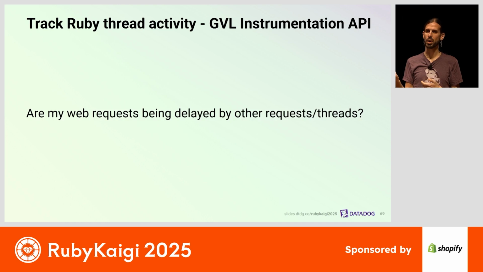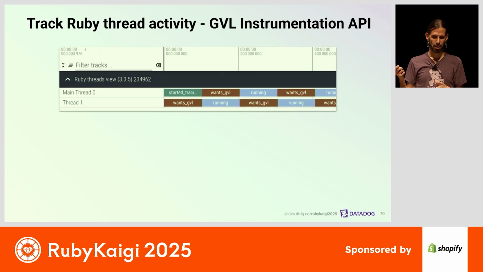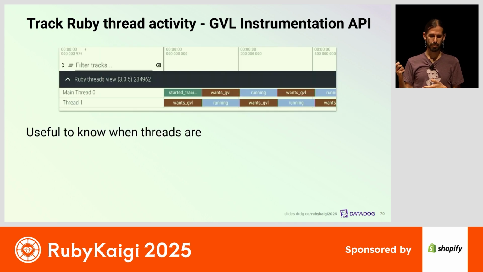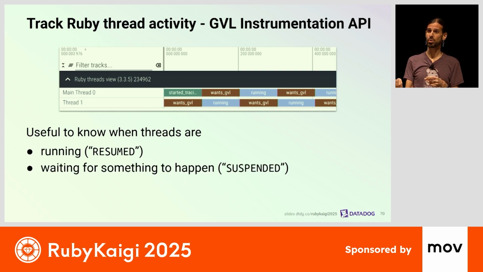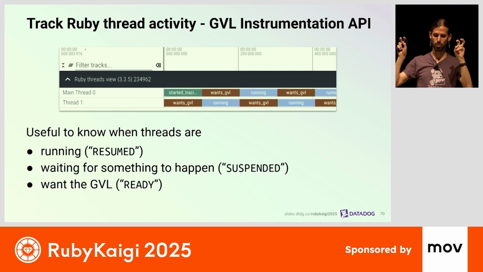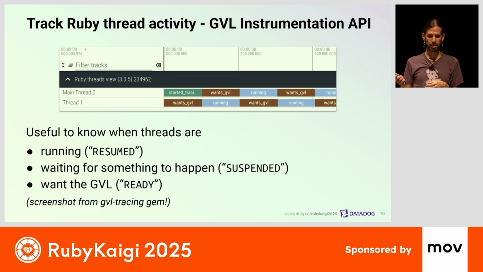And so you can answer questions such as, are my web requests being delayed by other requests or other threads in general? So it allows you to know when threads are running, which Ruby calls resumed, or waiting for something to happen, which is called the suspend event, or want the GVL, which means ready. And at the top, you see a screenshot from the GVL instrumentation gem, which is a gem that I